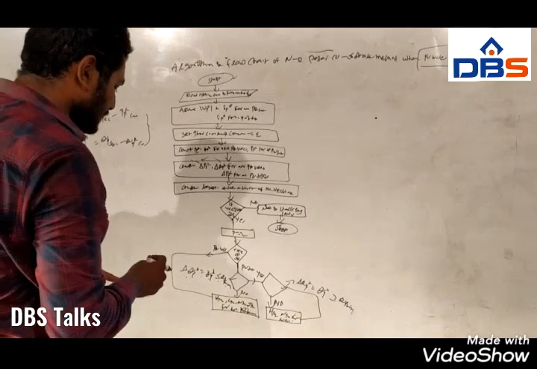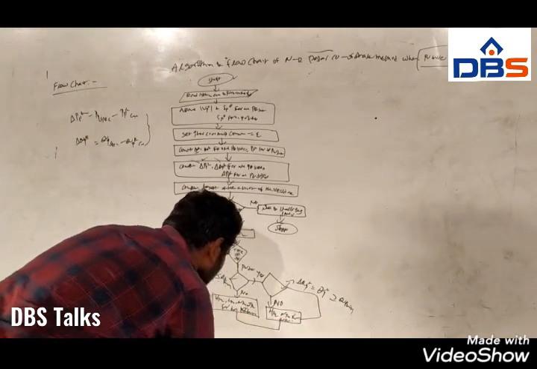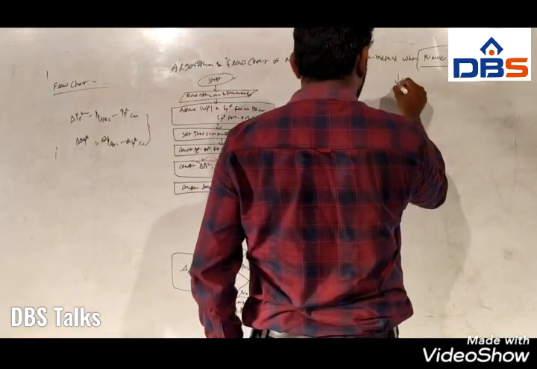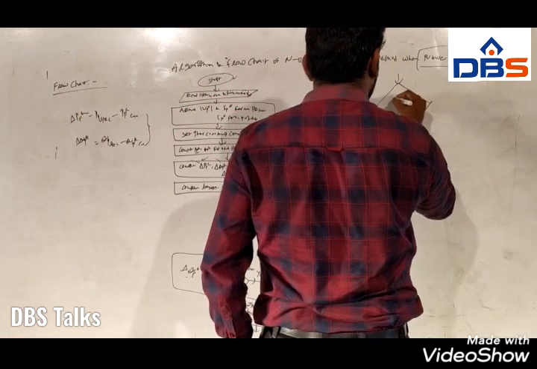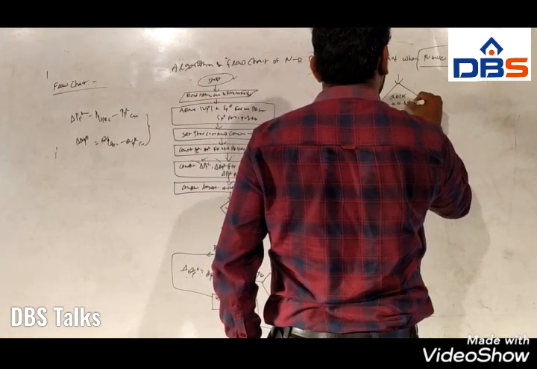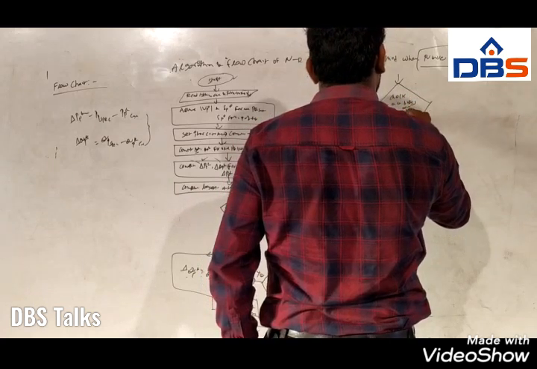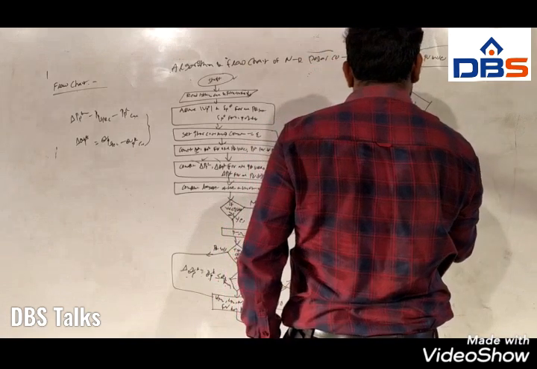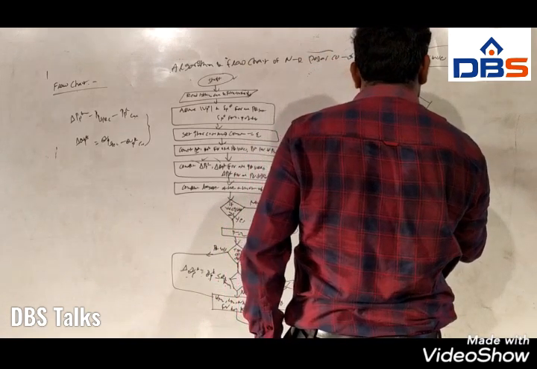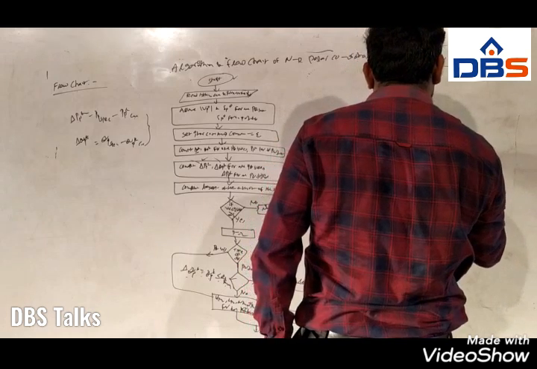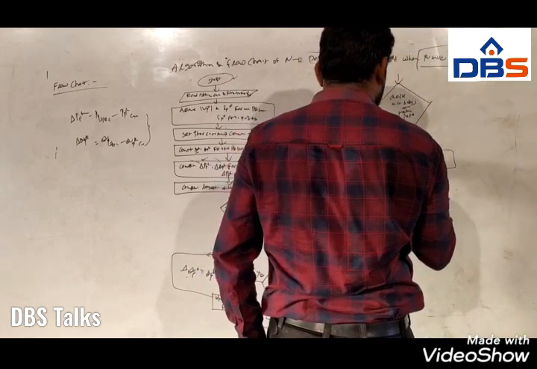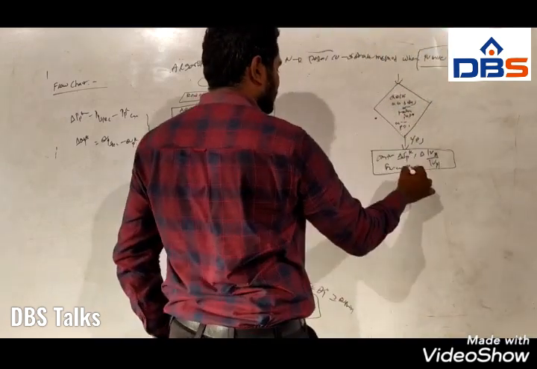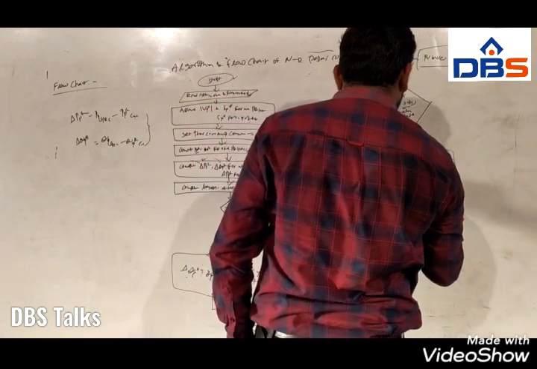And after that, after completing this step, we have to check whether all buses are taken into account or not, that is P is equal to N. If it is yes, we have to proceed to compute delta P power K and delta Vp by Vp for all PQ buses, and delta P power K for all PV buses,